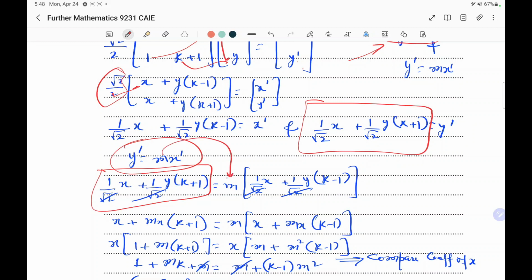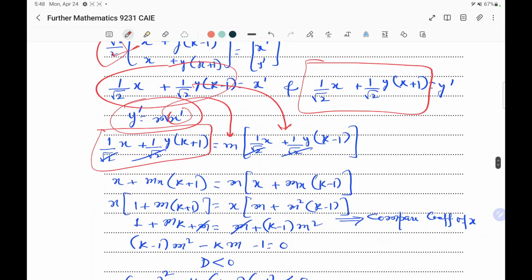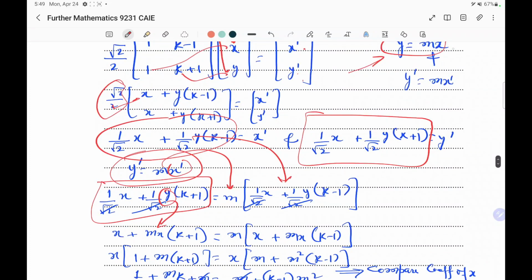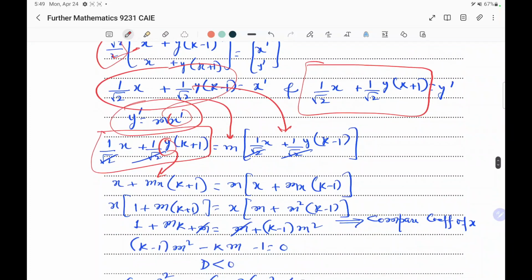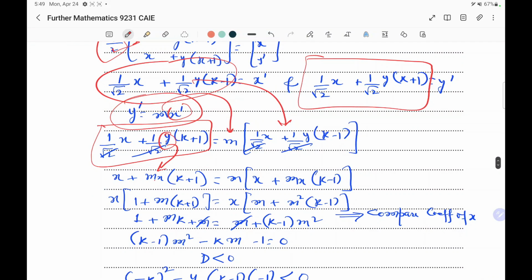Now m, which you can see, and x dash I have written from here. Okay, so this is x, and now this is x. What is written? Oh yeah, this is x, and this y I changed to mx from here. Okay, so x and then y is mx, k plus 1, m is outside x, and y is mx, k